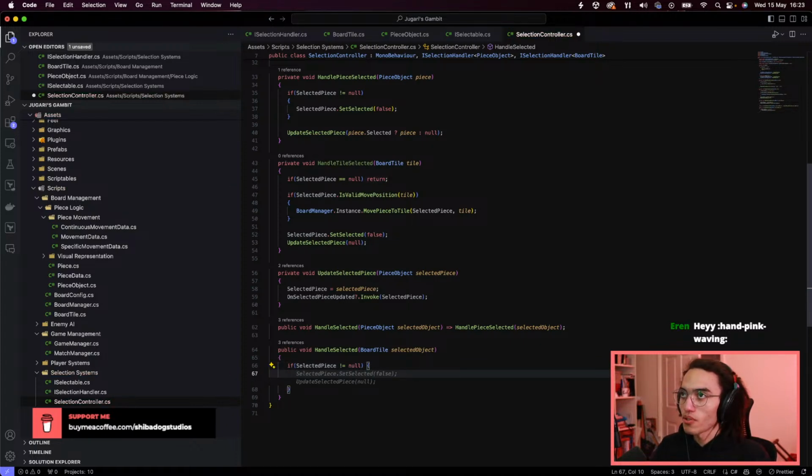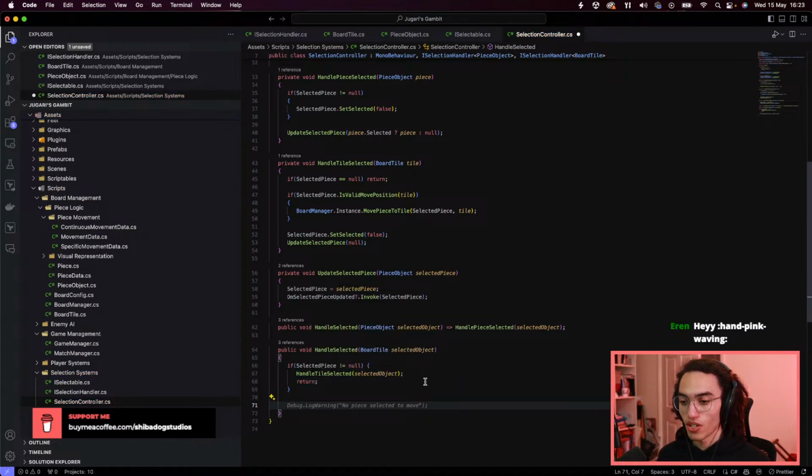What do I want to do? Step through what I want to do. I want to make it so that if I click on the board tile, if we haven't got a selected piece, we select the piece that's sat on that tile if there is one. If we have, we just want to take. So if selected piece is not equal to null, we're just going to do the handle tile selected and return. Otherwise,